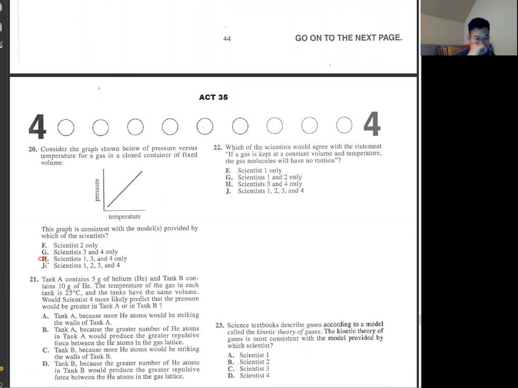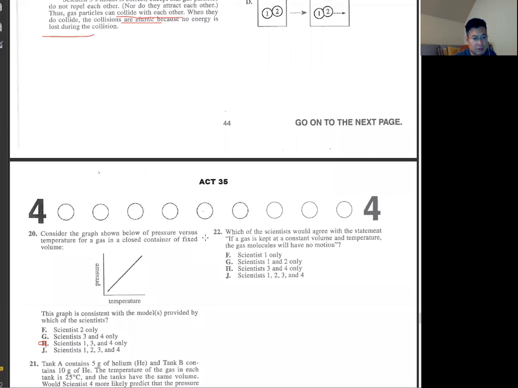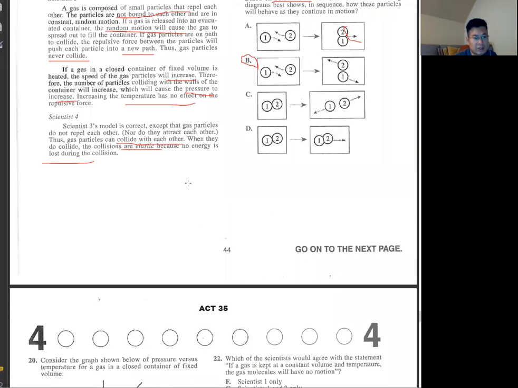And then 21, it says tank A contains 5 grams of helium, and tank B contains 10 grams of helium, and both gases are at 25 Celsius, and the tanks have the same volume. What would the scientists most likely predict, that the pressure would be greater in tank A or tank B? So since it says scientists, if you go,